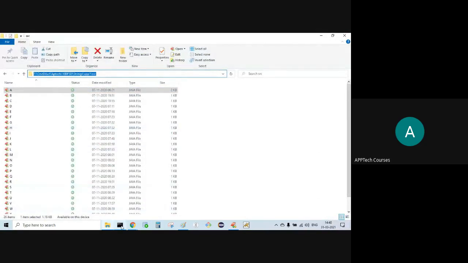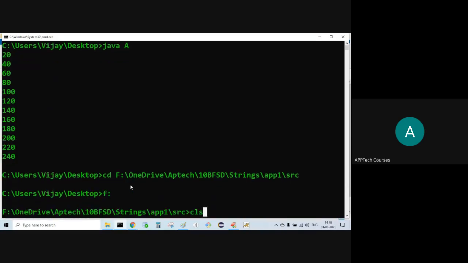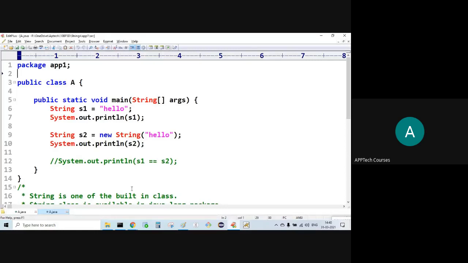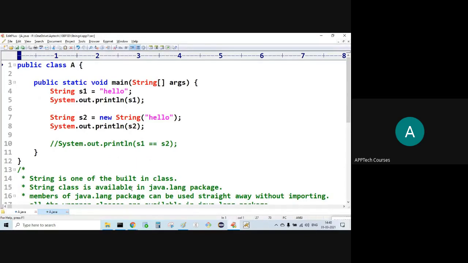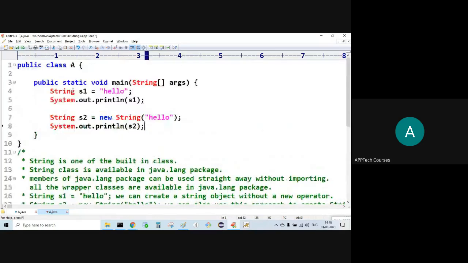Next concept, strings. Did I do the object class? Alright. Done now.